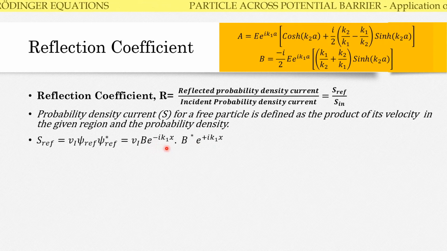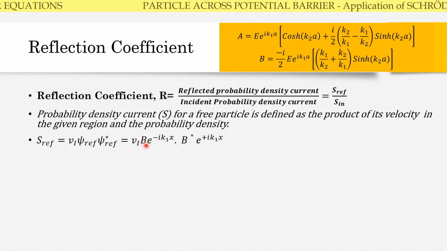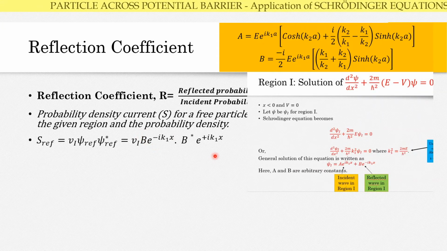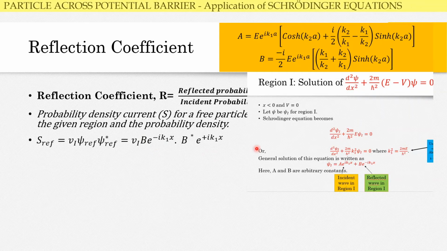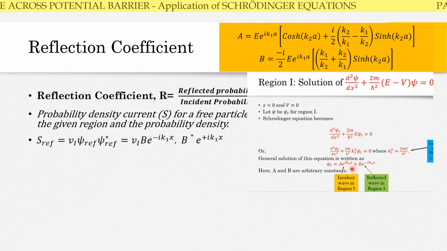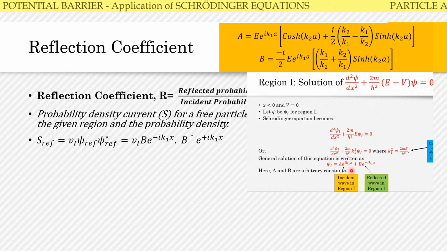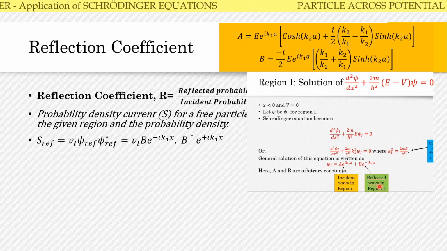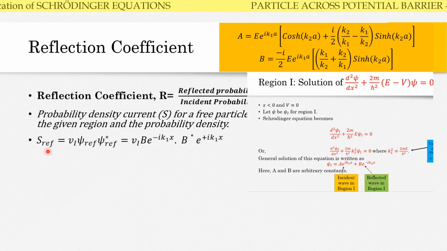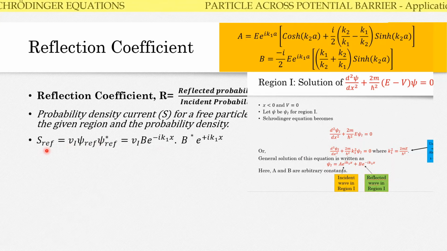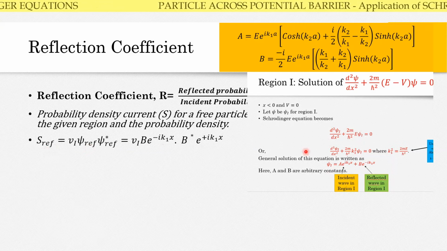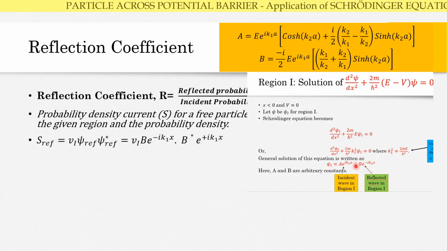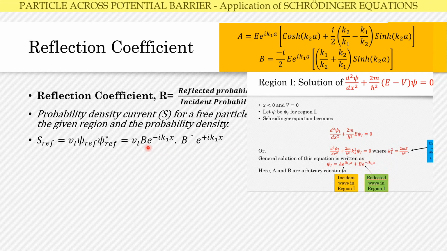Now you may ask from where this quantity appears. Students, you might remember the past slide, a snapshot of which I showed you, where we had calculated the wave function in the first region and labeled the first term as the incident wave and the second term as the reflected wave. So here we are calculating the probability density current for the reflected wave. So psi reflected will be b exponential minus iota k1x. So I have just made use of this part and replaced it here.